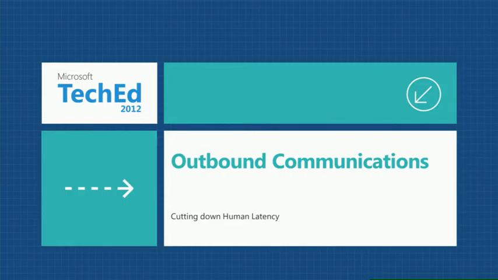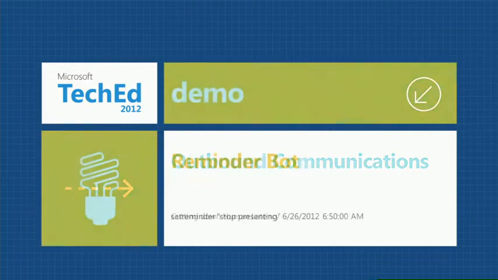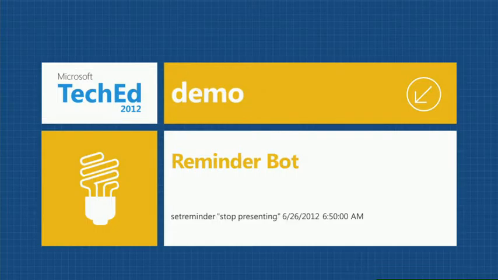Now I'm coming to the second section. In this section, it is not about one person communicating to another person. No, it's about you have a piece of software, and that piece of software has a decision moment for which it needs a human intervention. It needs someone to take a decision. At that very moment, the software is going to talk to a person. So it's a machine to a person communication. And in that scenario, the most important thing that you have is an outbound communication. Let me actually do a quick demo of that.